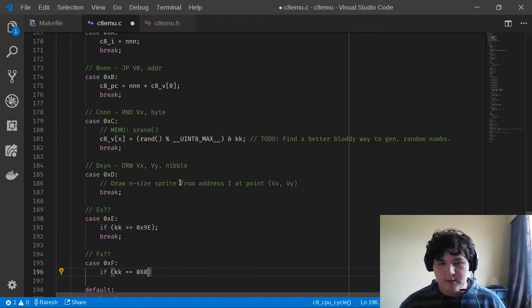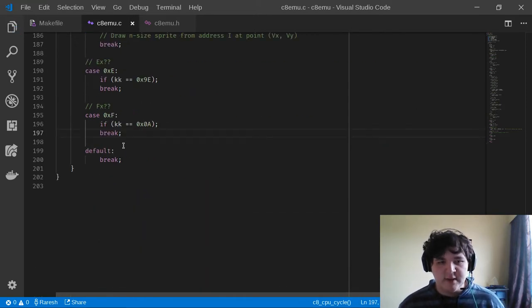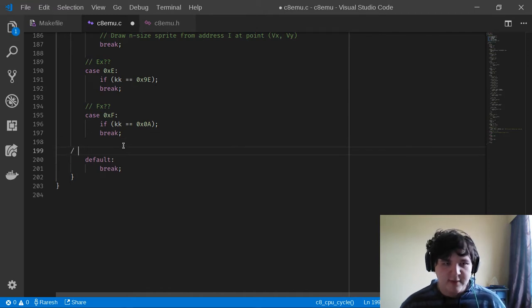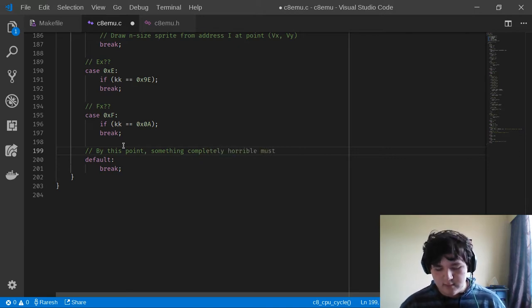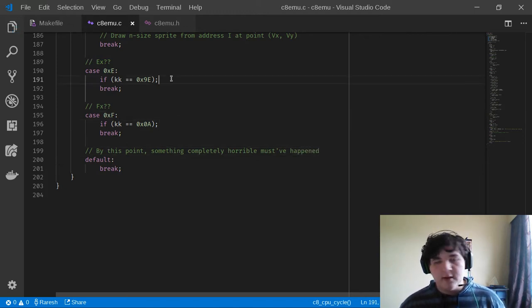So you're going to go 0x0A, if I can type properly, that is. And if it's default, then by this point something completely horrible must have happened. Okay, jokes aside,